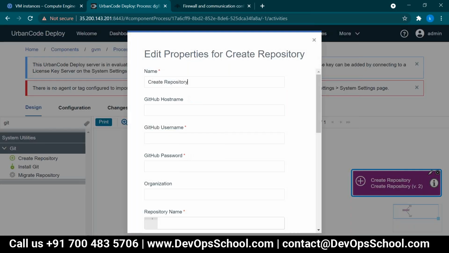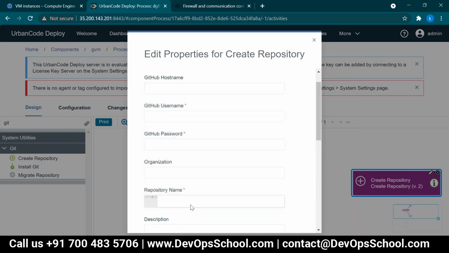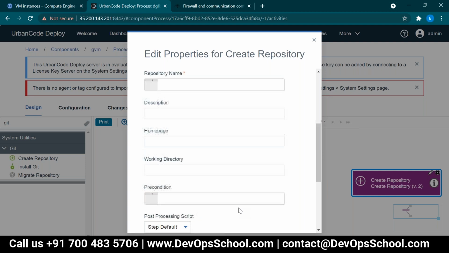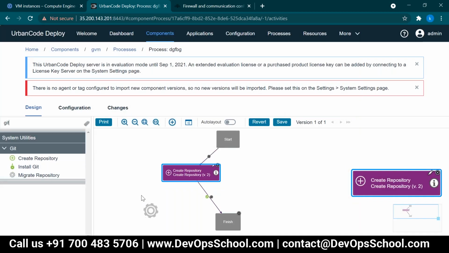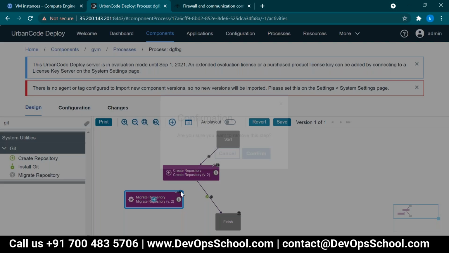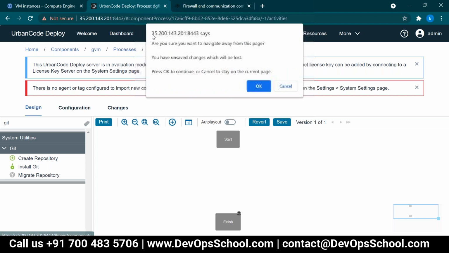You need not write any shell script. It's simple. You can use the Git username, repository name, everything, and it will create a Git repository there, and it will install Git and migrate Git, whatever task you want to do, it will do. Okay, using the plugin you can go and do it. Got it, right? That is the main difference between the source configuration plugin and the automation plugin.